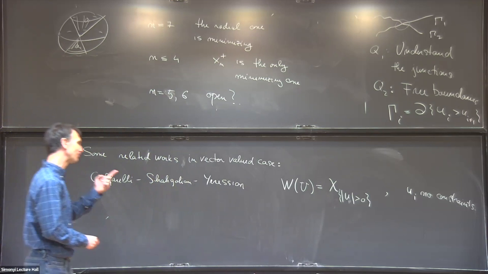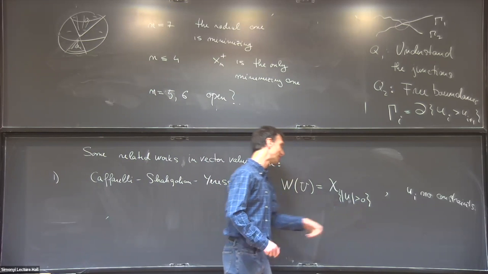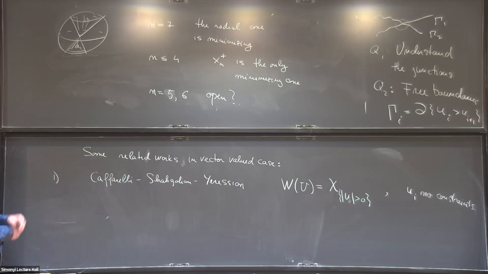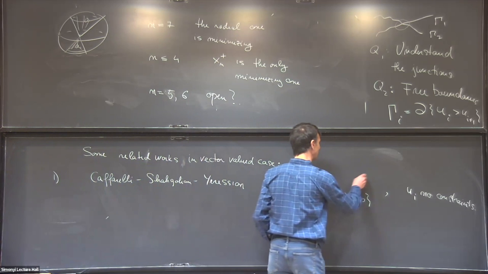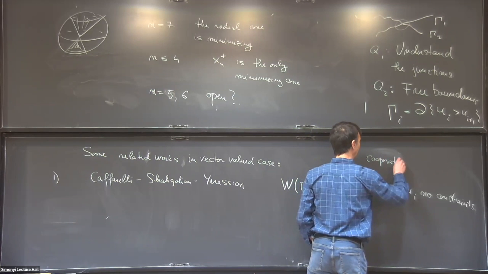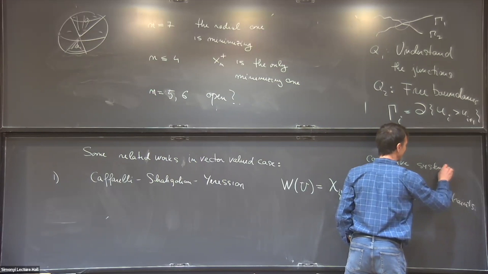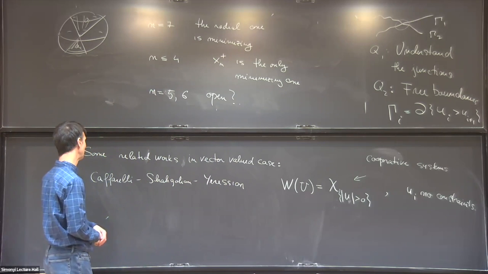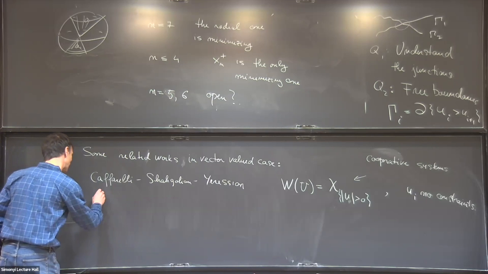There is only one free boundary, which is the place where all of them become zero, or one of the components is different than zero. So the motivation for this would be when you look at cooperative systems involving species. Maybe the species cooperate together. Sort of the same model is also considered by